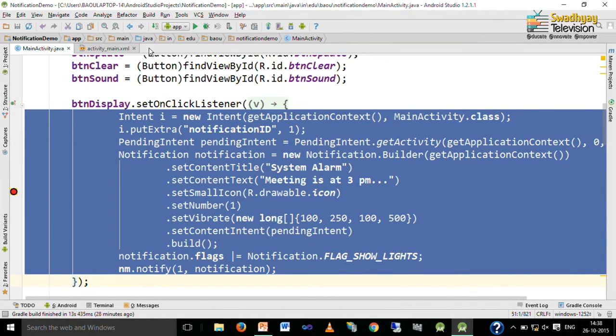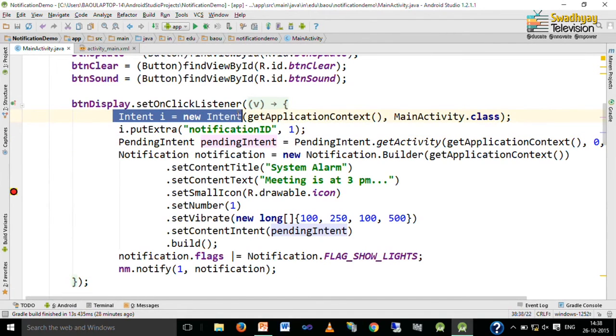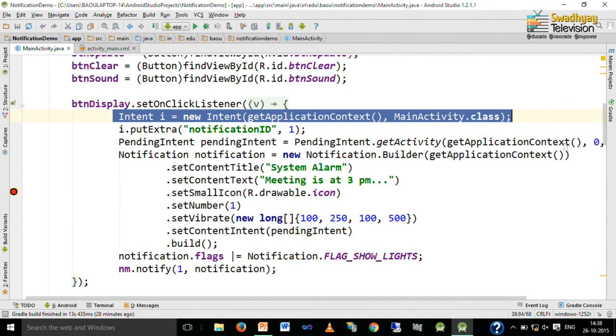So, the highlighted portion is our code for generating a notification. What we do is first create one intent, and inside the intent we give 2 arguments. First is the application context and second is the main activity class. So, we want to open the same activity when the notification is opened.